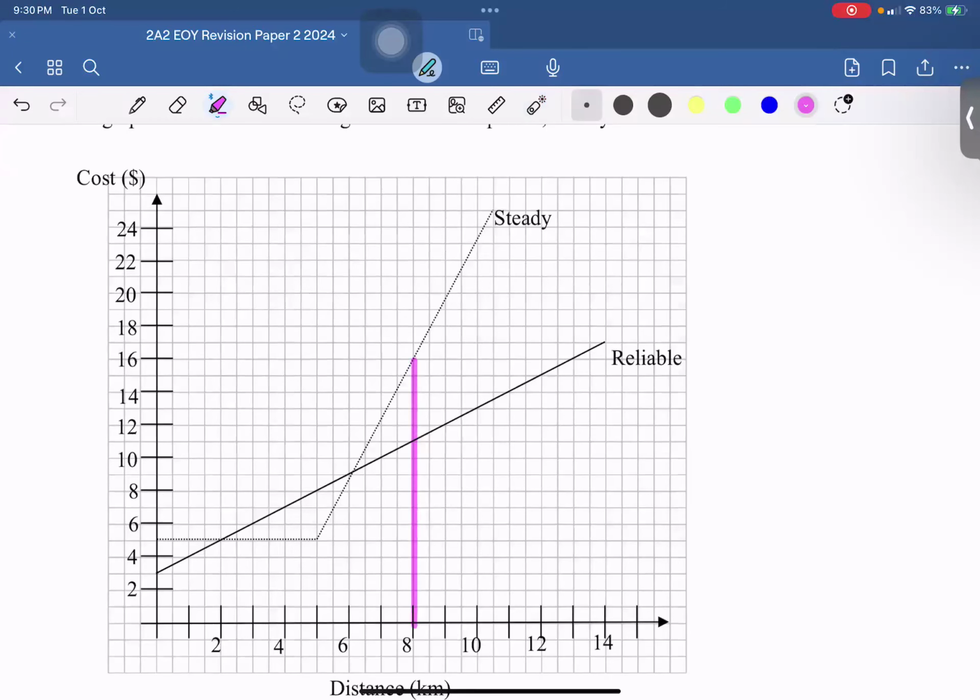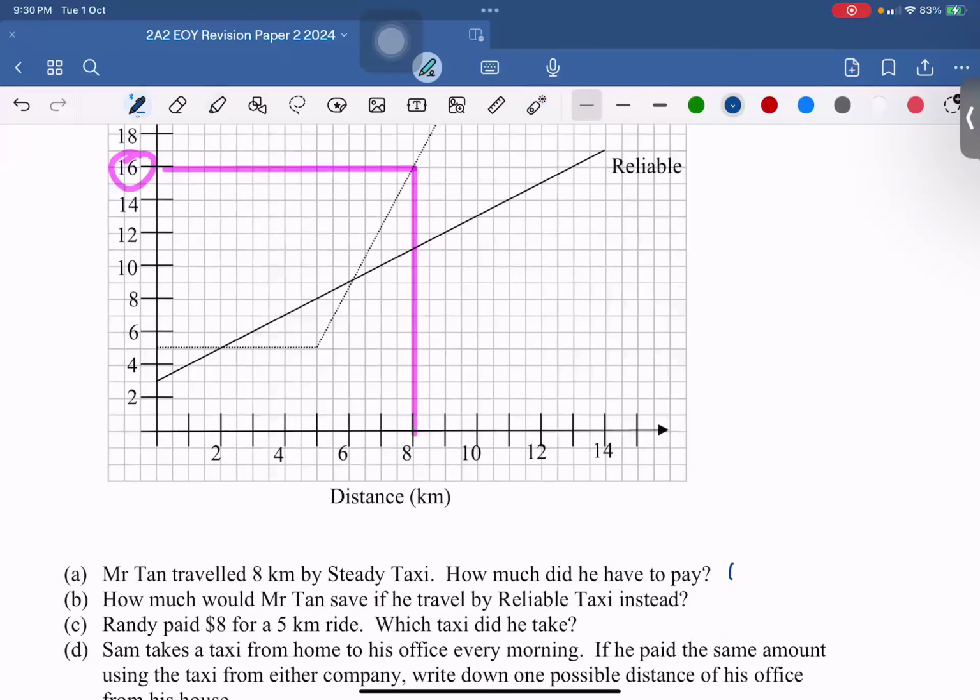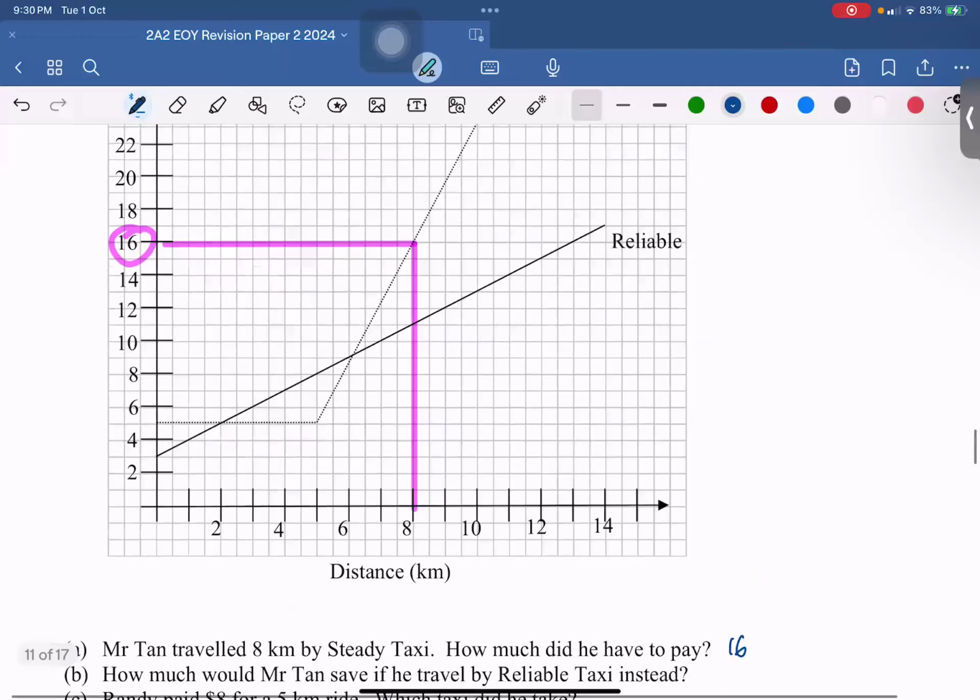Then here the number 16. Just read graph only. So this one answer here is 16. Next one, how much would Mr. Tan save if he travel by reliable taxi instead? So it means I also travel 8 kilometers, but what is the amount of money that I pay? $11. So it's 16 minus 11,